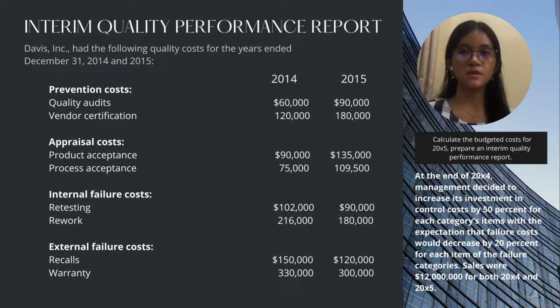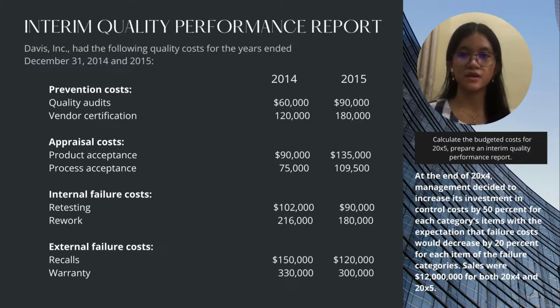Davis Inc. Corporation had the following quality costs for the years ended December 31, 2014 and 2015. For the prevention costs in 2014 and 2015, we have quality audits, 60,000 and 90,000. For vendor certification, we have 120,000 and 180,000. For appraisal costs, we have product acceptance, 90,000 and 135,000. For process acceptance, we have 75,000 and